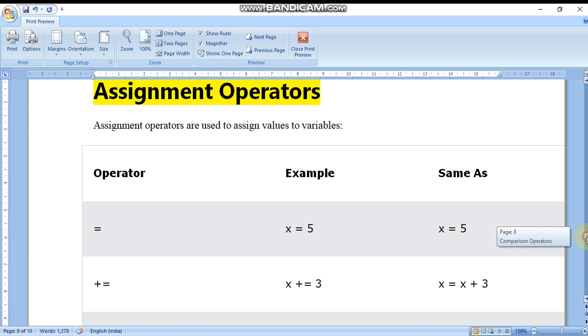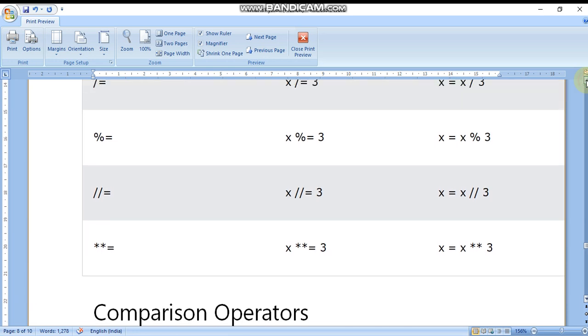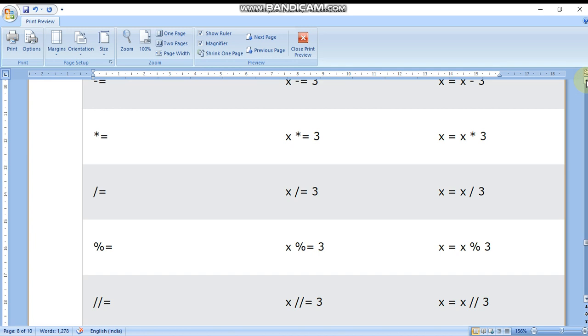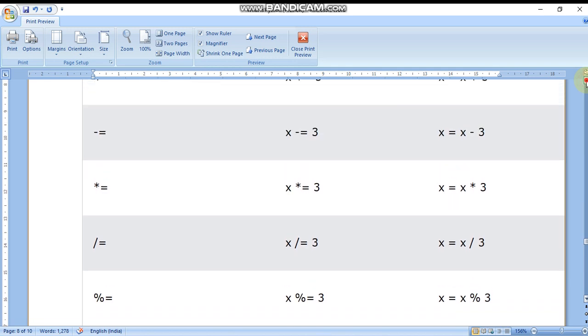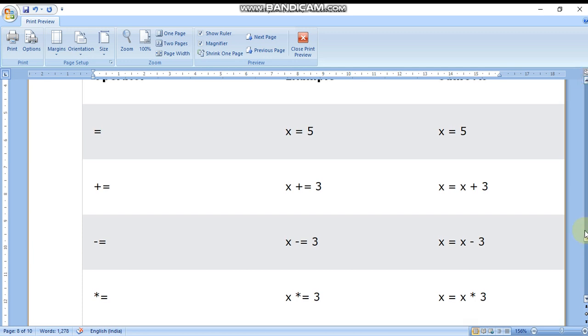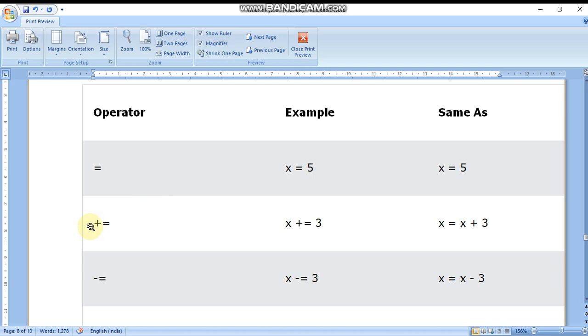Now I'm going to discuss the shorthand operator. Somewhere you will find the assignment operator is also called the shorthand operator, because the assignment operator is involved in it. Here, see, += is the shorthand operator. The heading here says assignment operator, but it is better to call this the shorthand operator.